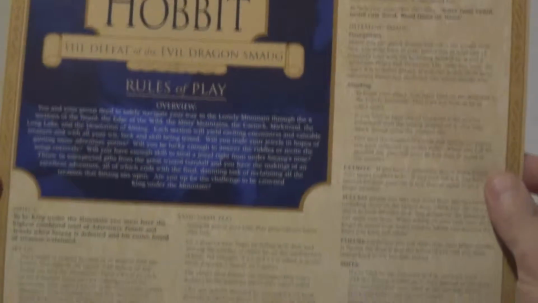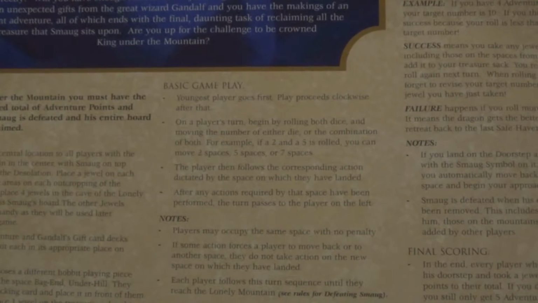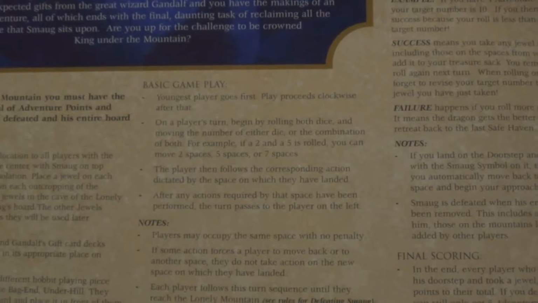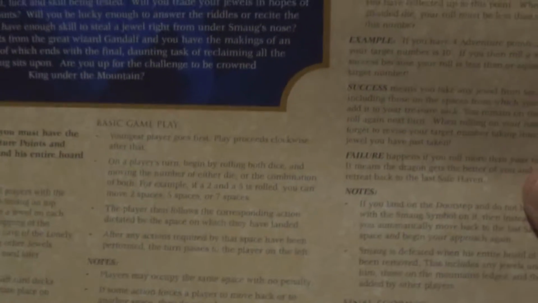So the rules, here's some of the icons. We can kind of read it. You're going to encounter those as you go along the board. Basic gameplay. Youngest player goes first. Let's see how we win. It's over there in the final score. If you collect enough jewels,